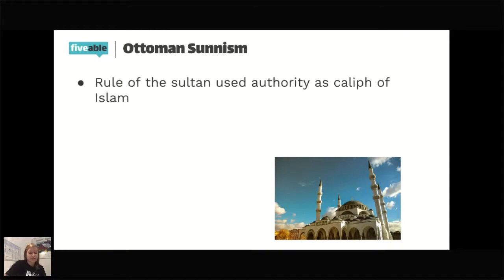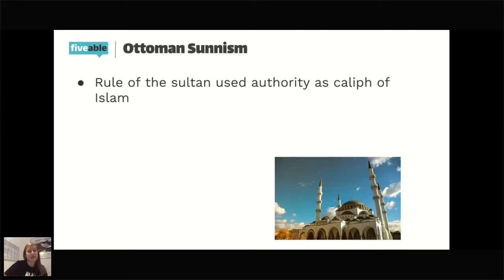In their central authority, they have the rule of the Sultan. In the Safavid Empire of Persia, they have a religious leader that is called the Shah. And in Safavid Persia, it's a theocracy, so the role of the Shah is a religious leader as well. Here, the sultans are more of a government leader, but they're also claiming authority as kind of the head of the church, or the caliph of Islam, a kind of caliphate that we had seen in